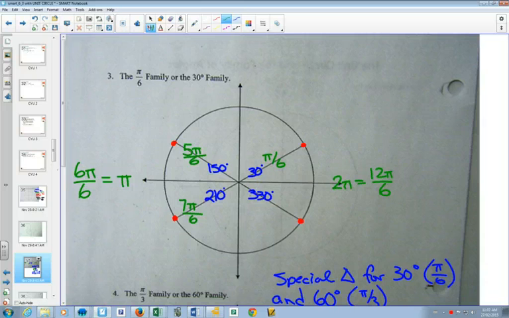Because you would have 6 pi over 6, and then you'd add another pi over 6, which would get you to 7 pi over 6. And in quadrant 4, they're going to be 1 less than double the bottom, because double the bottom is all the way around. And then you subtract 1 pi over 6. That's going to be a strategy to help you memorize this, because you're going to use that when you do the quiz